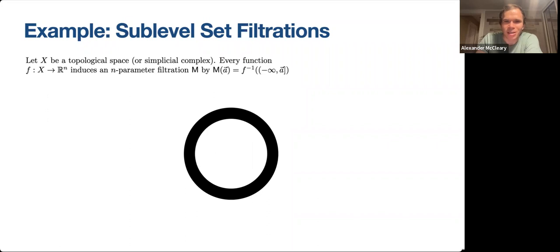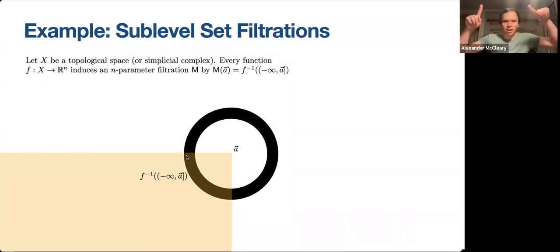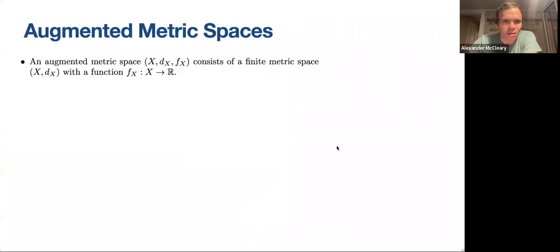Okay, and so let's say we pick a point A. So here we have this point A, and then we want to look at the sub-level set of A. So the sub-level set is everything that maps at or below A. So in this picture, it would be roughly this lower left quadrant of this circle right here. Okay, so sub-level set filtrations are pretty much the easiest example